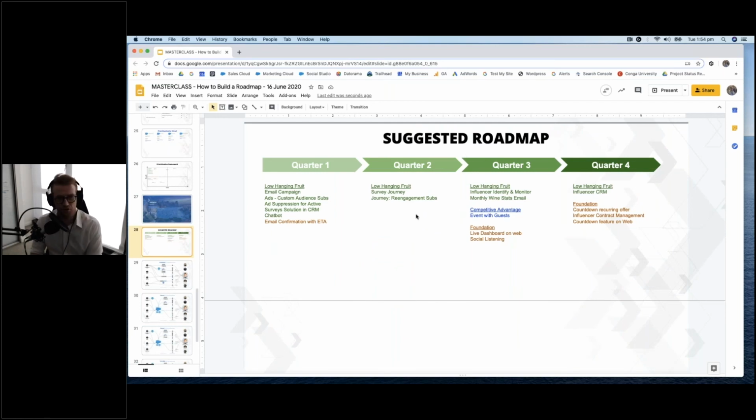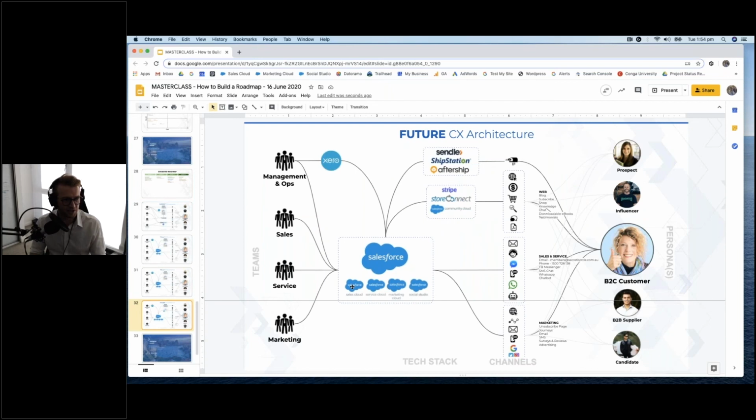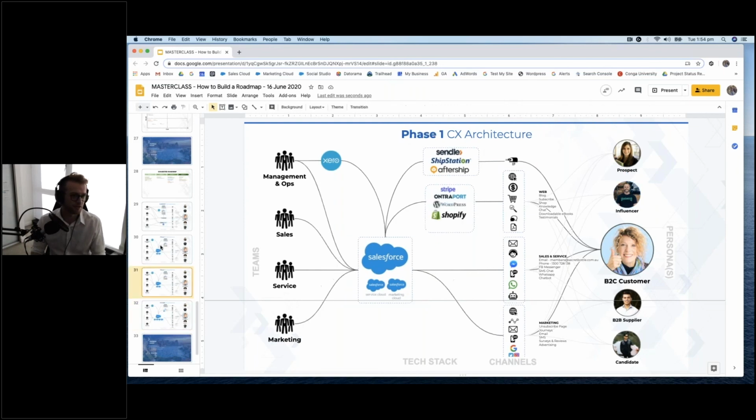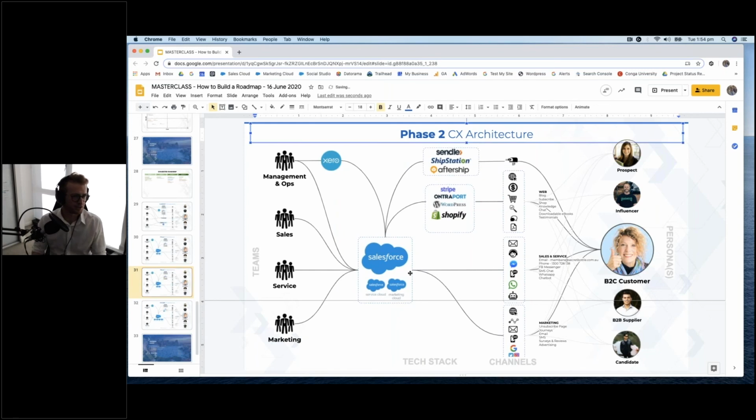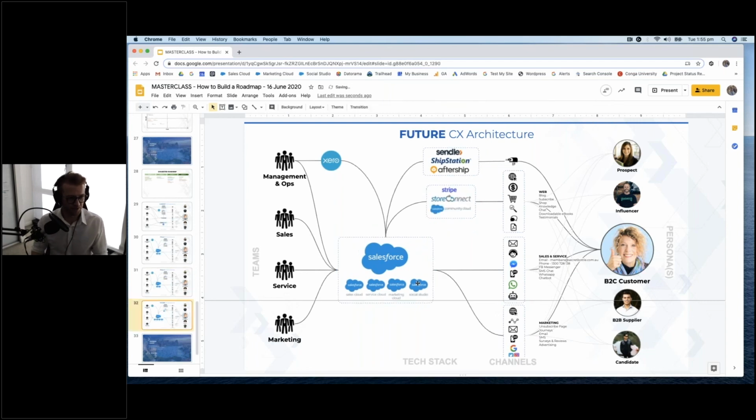And then once you go into Q3 with influencers, that's when you really need to add on Sales Cloud and Social Studio to manage the influencers in that sales process. So we've got phase one, phase two, and then I just extend that back up again, and pretty much as we were. So it's a very simple way of doing this kind of architecture phasing, but it's just showing you that we